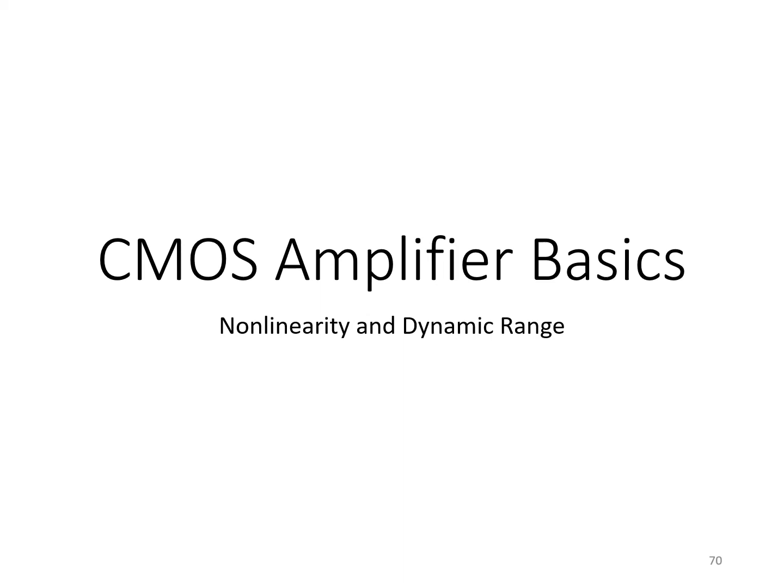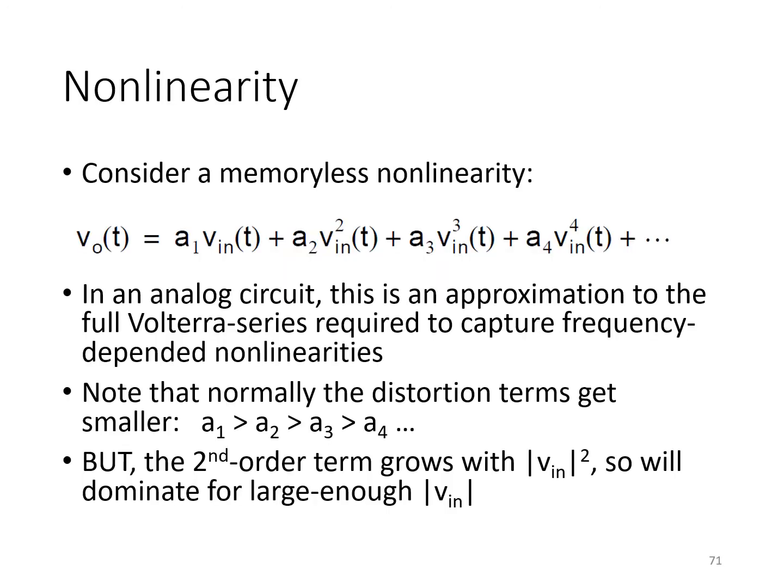In this video, we'll look at measures of nonlinearity and dynamic range applicable to CMOS amplifiers. Typically, we seek to use amplifiers as linear systems, but since transistors have nonlinear IV characteristics, inevitably some nonlinearity will creep in. When we're considering this nonlinearity and seek to quantify it, let's consider a memoryless model for nonlinearity,